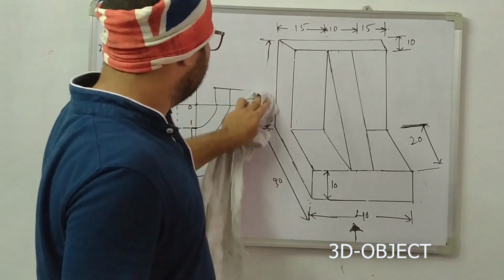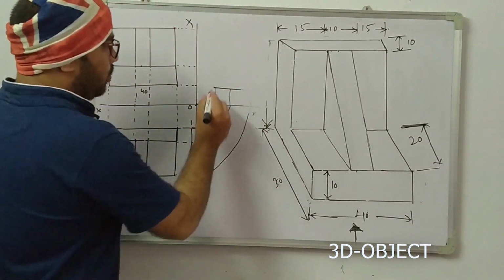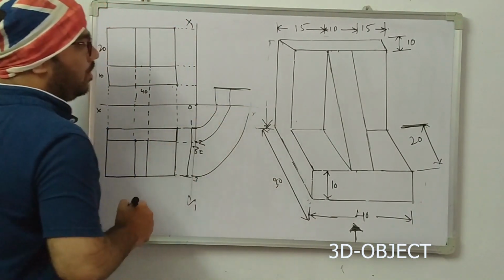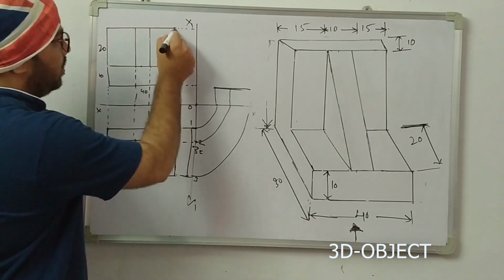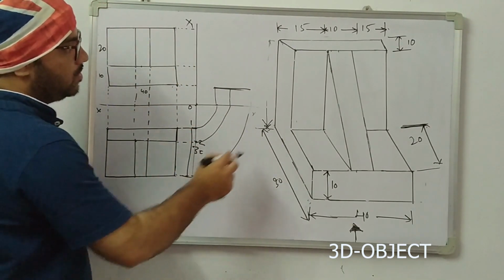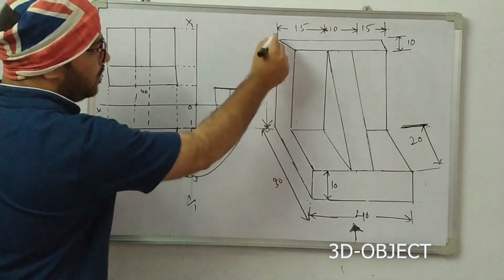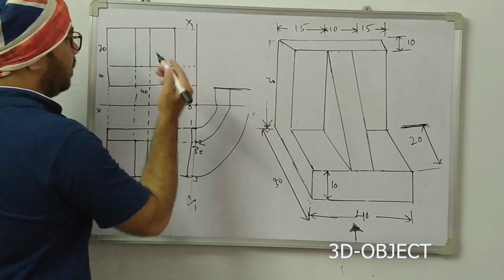I am rubbing this. Okay. So this is 30 mm. Next, this is height. This height is mentioned. This height is how much? This height is 30. Here the 30 is mentioned. This total height will be 30.